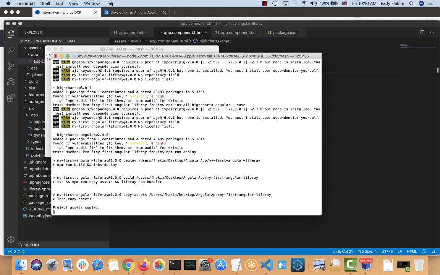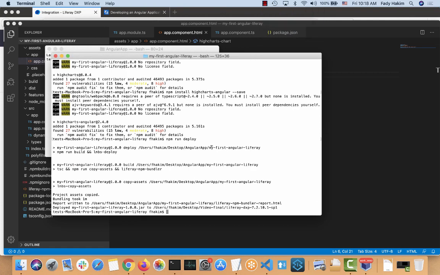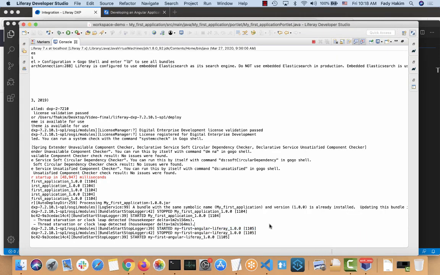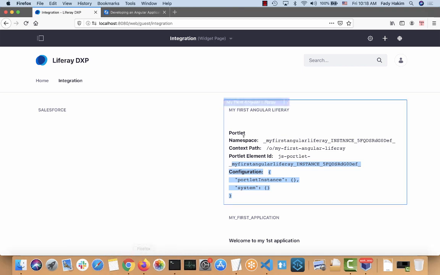It's just because I have new libraries that got deployed that need to deploy it to Liferay as well. So you can see here the app got deployed. So if I actually went to my file, you can see now my app got redeployed again. So if I actually went to my folder here and just hit refresh,